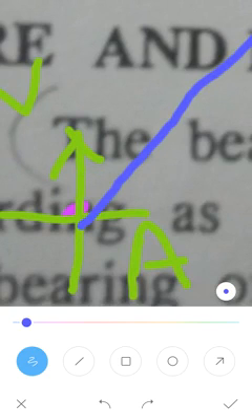Now you have to see the point B. The B point is here. Now you have to see the angle. After bisecting, you will get a line like this. The angle will be like this. I will show it in a different color. This is the angle which is made. If you find out angle AB, that is called the forebearing.